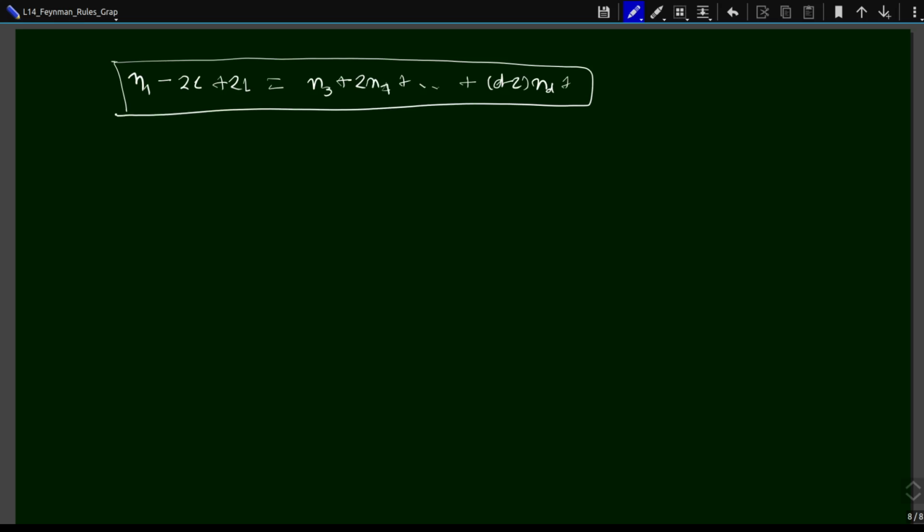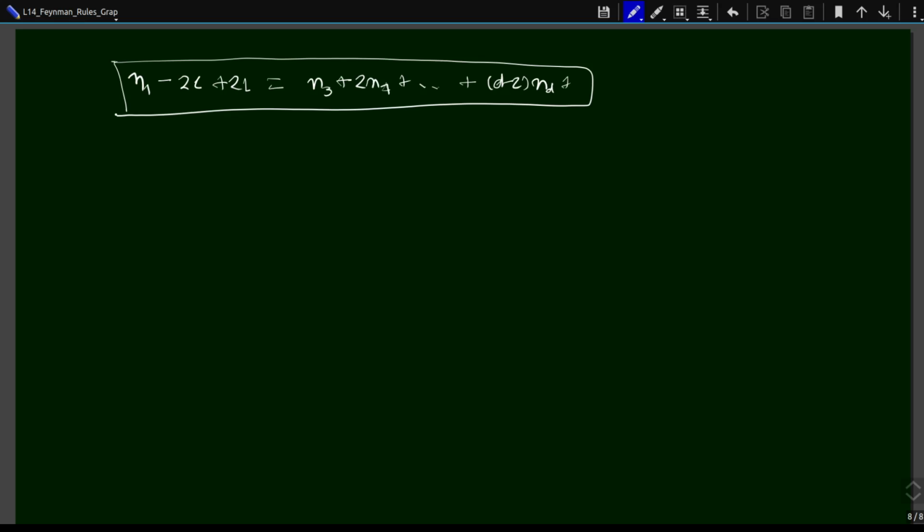Because people usually ask a question based on complexity, as we were talking about, that give me the n-point Green's function and so many loops, because the n-point Green's function tells which kind of processes we are interested in, and the number of loops tells me what is the computational complexity for that, and C usually is equal to 1 because we want a connected diagram. Okay, we don't care for the disconnected diagram, but this formula is general and it does apply for disconnected diagrams as well. So when people say that draw a diagram, what they mean is a single component diagram,